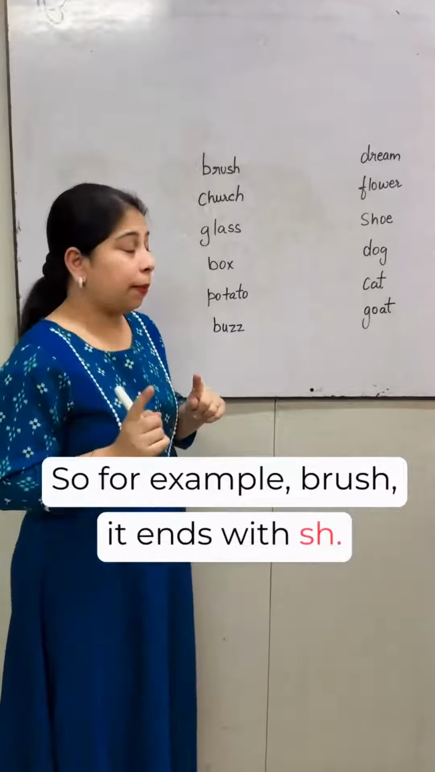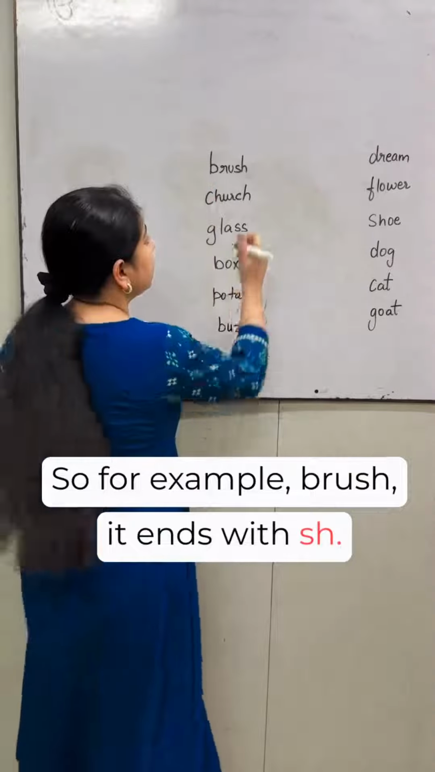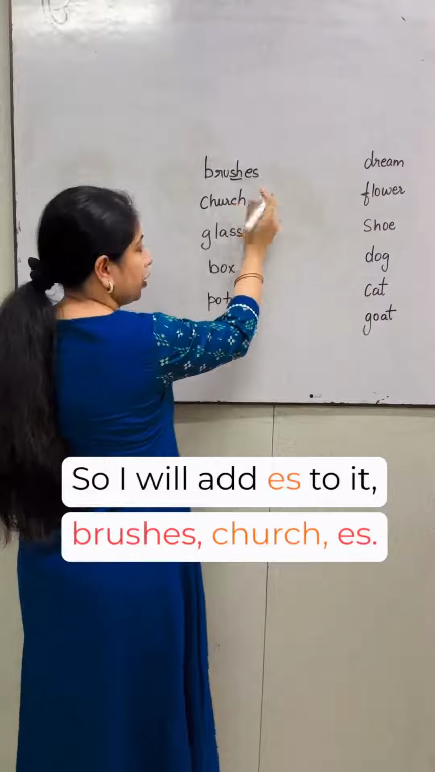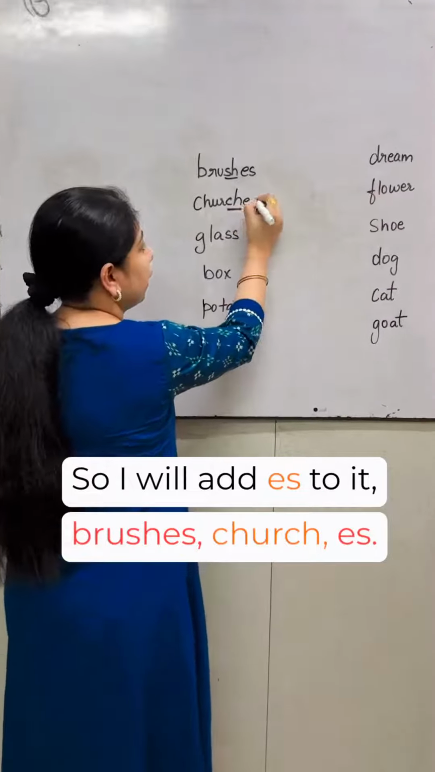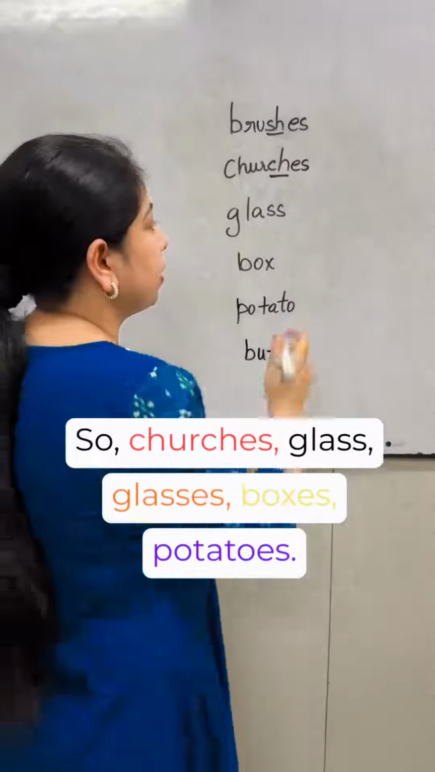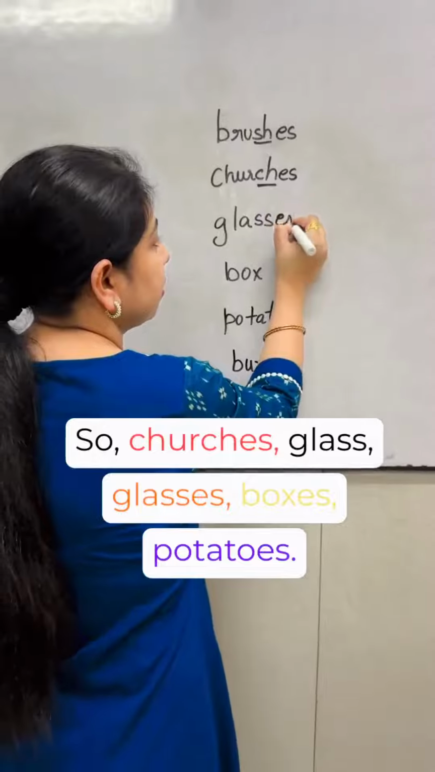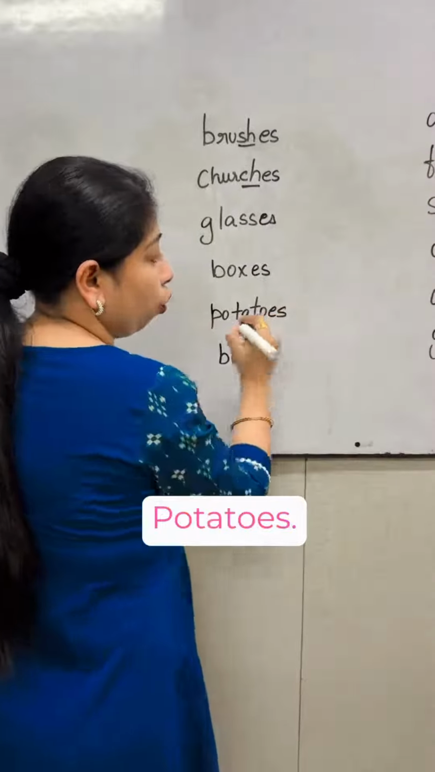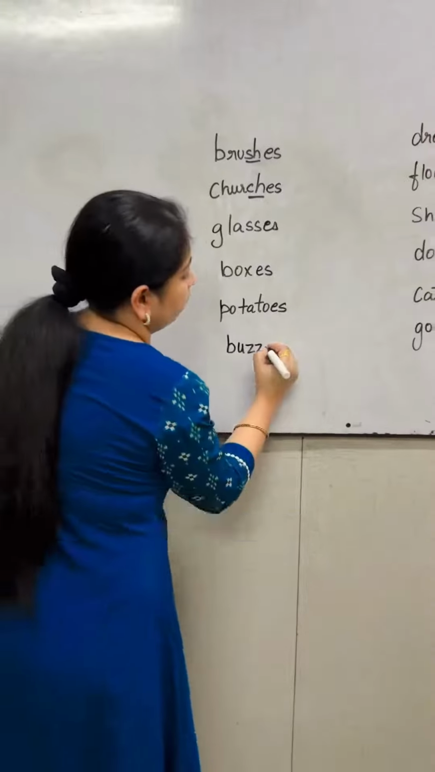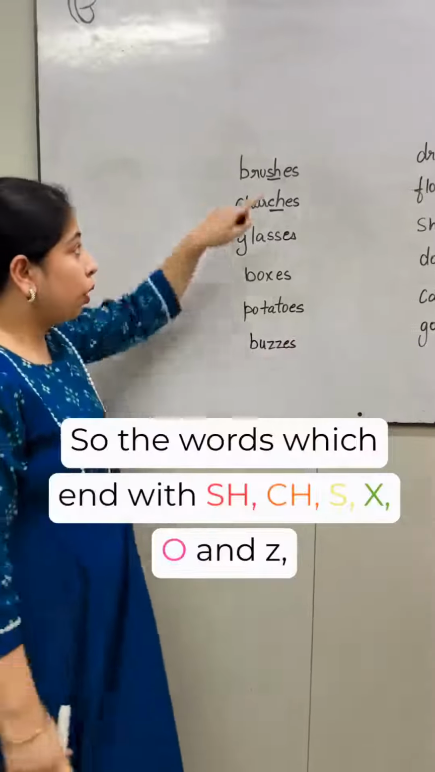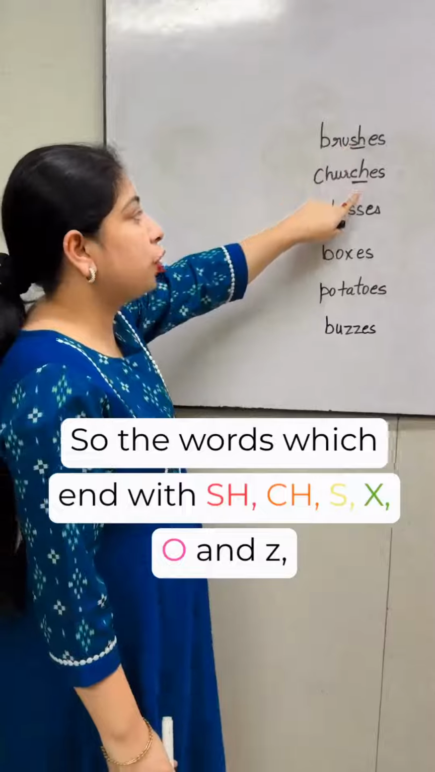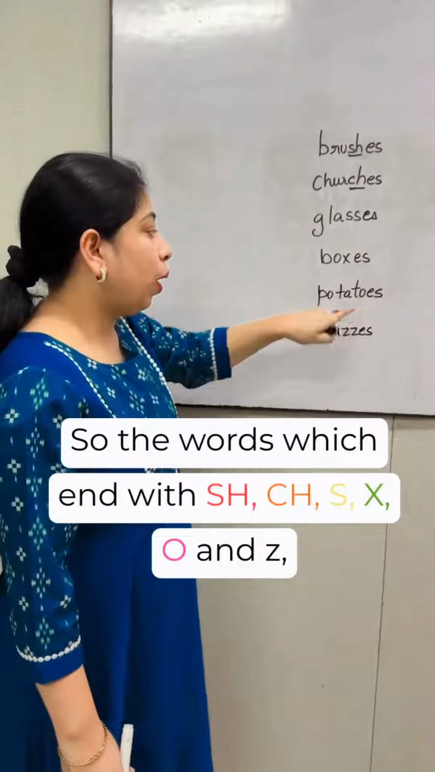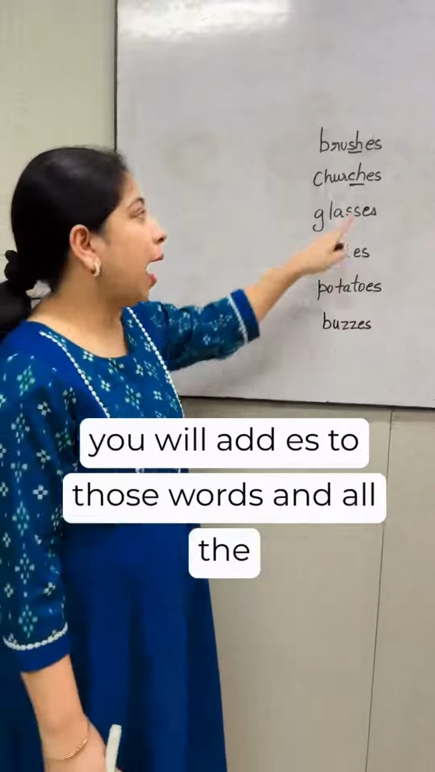Okay, so for example, brush, it ends with SH. So I will add ES to it. Brushes. Church, ES. So churches. Glass, glasses. Box, boxes. Potato, potatoes. And buzz, buzzes. So the words which end with SH, CH, S, X, O and Z, you will add ES